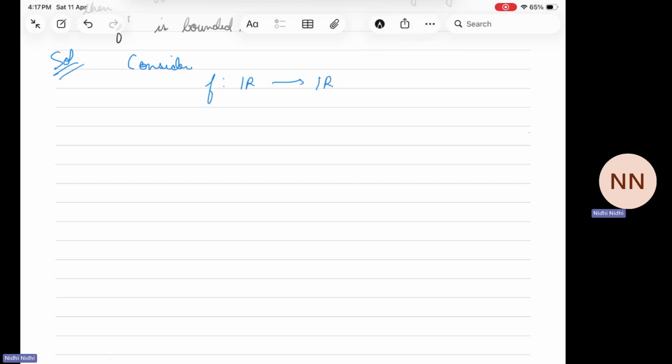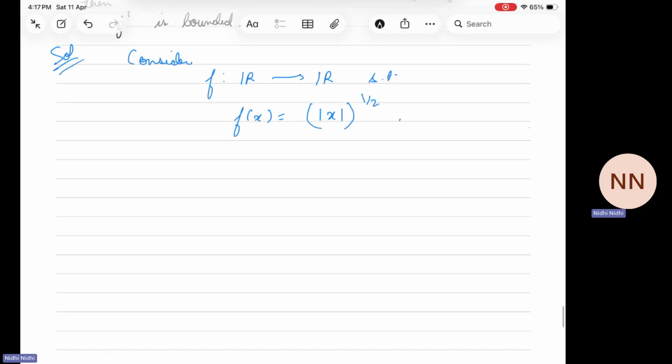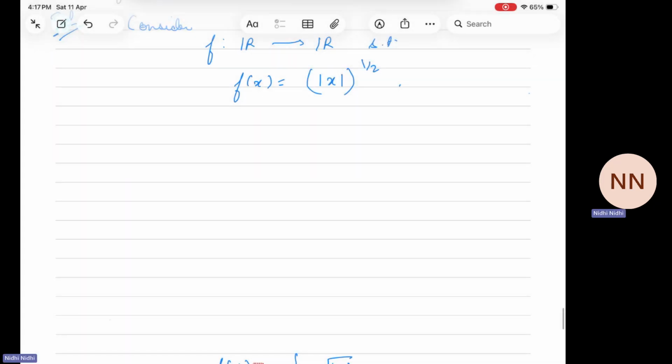Consider f from R to R such that f(x) equals mod x to the power 1 by 2. That means